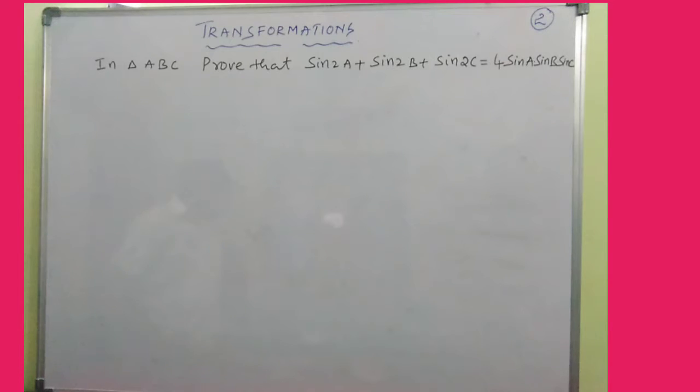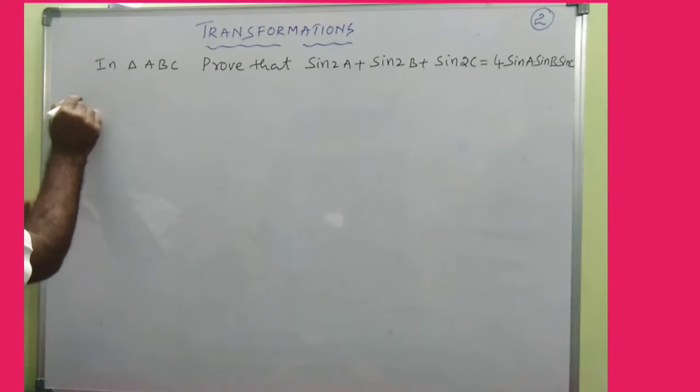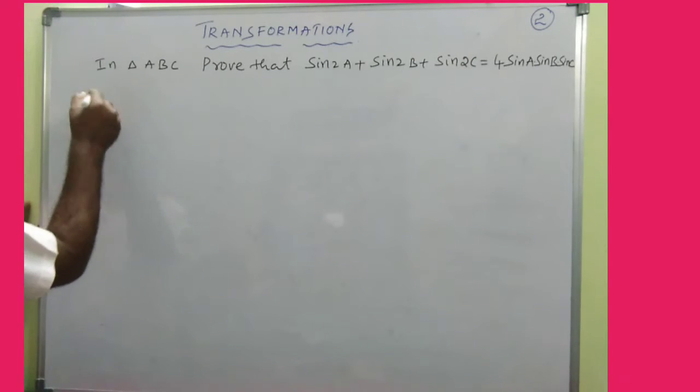Look at the first question. In a triangle ABC, prove that sin 2A plus sin 2B plus sin 2C is equal to 4 sin A into sin B into sin C. This is a very important result. All these problems we are solving using the formulas of transformations. So coming to the solution,